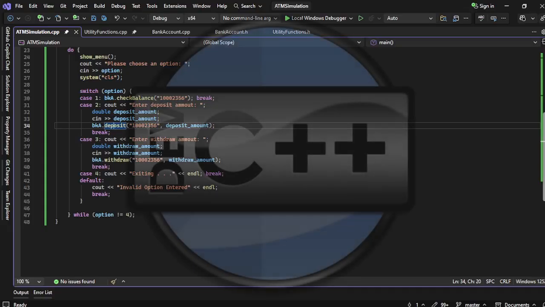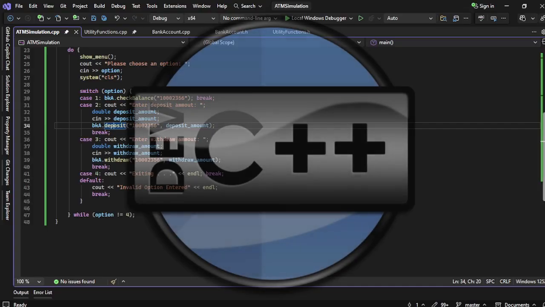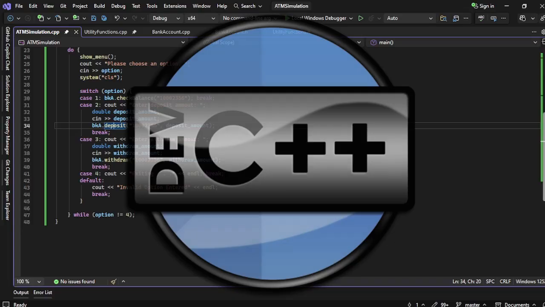But if I check how big this is, it is just 100 kilobytes, 100 KB. So for a program that's running 5 files, 2 headers, 3 source files, and this is